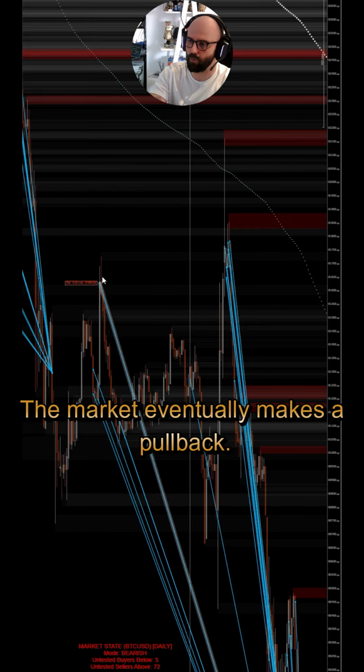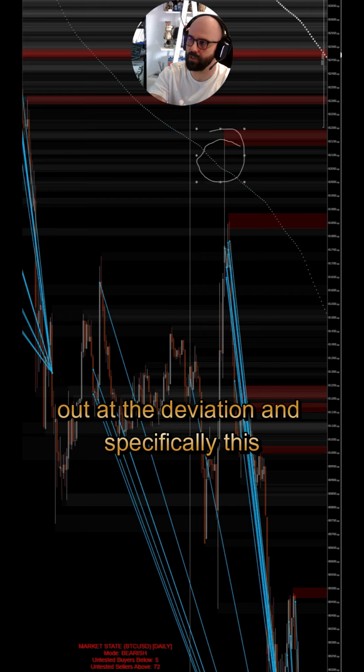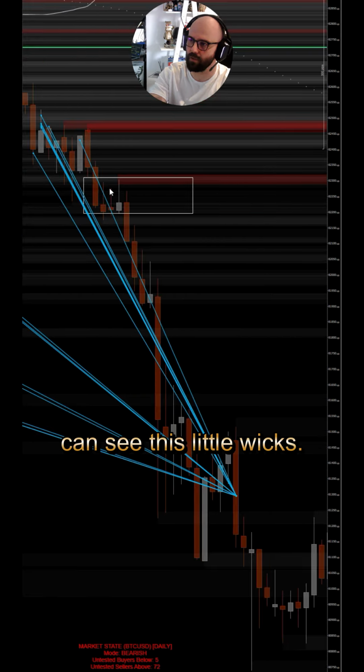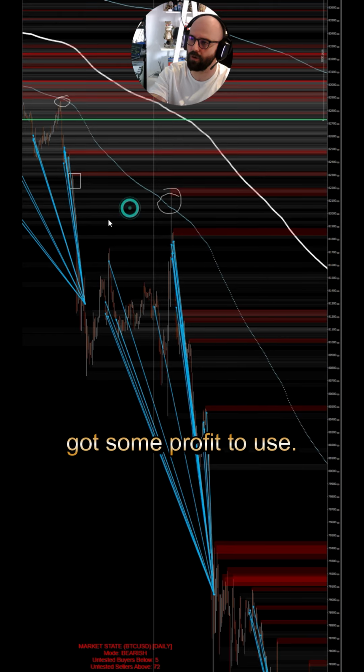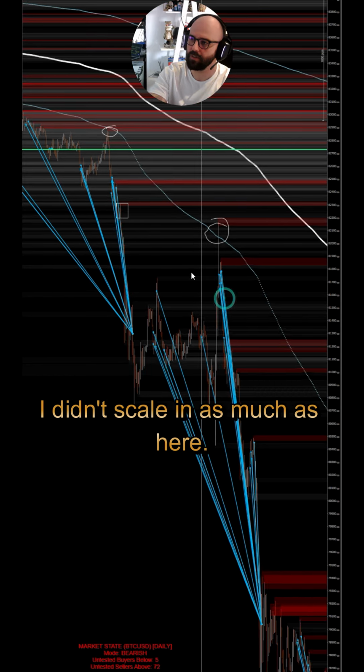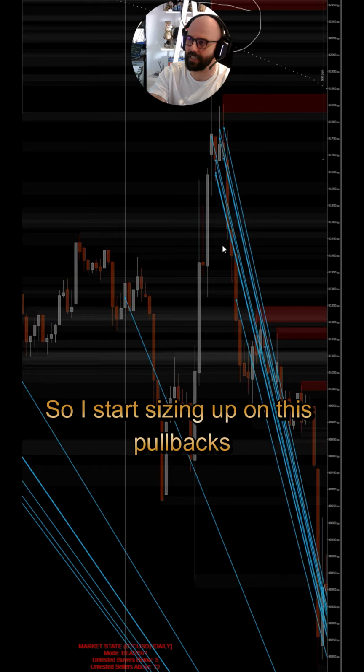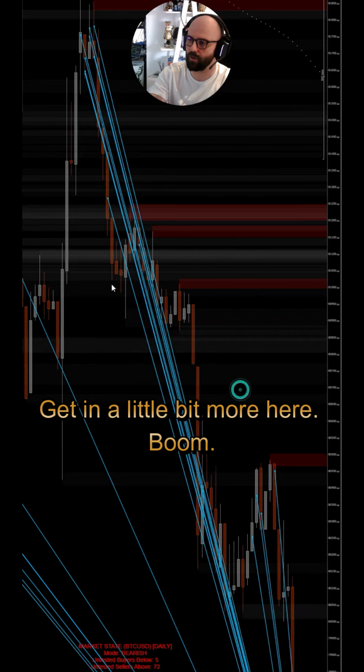Same idea as the first one, waited to get out at the deviation and specifically this little pullback area right there that you can see, these little wicks. So I said to myself, you know what, I've got some profit to use. I didn't scale in as much as here, so worst case scenario, I'm working out with the profit. The market rejects this, so I start sizing up on these pullbacks here, get in a little bit more here,